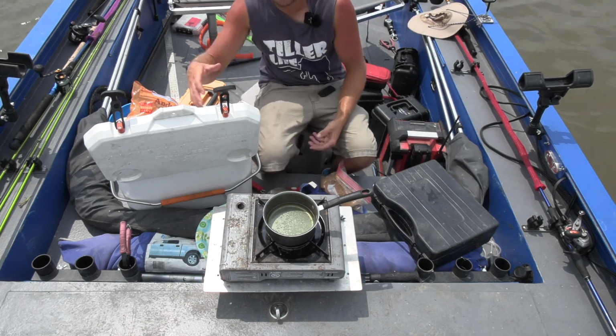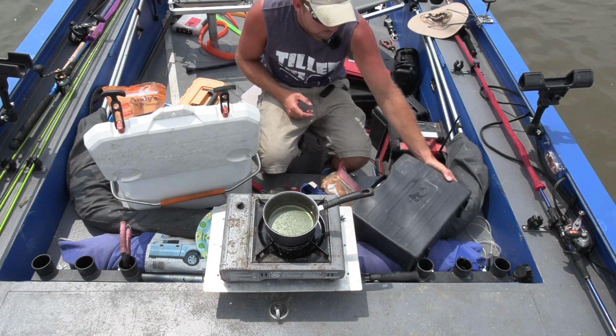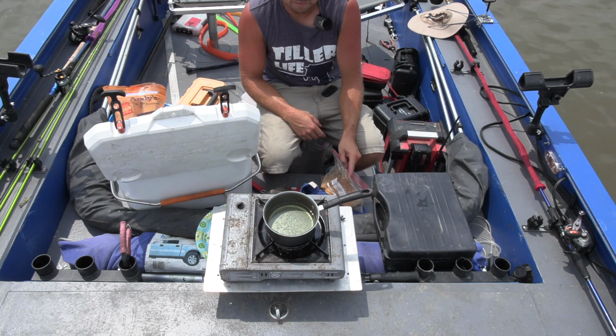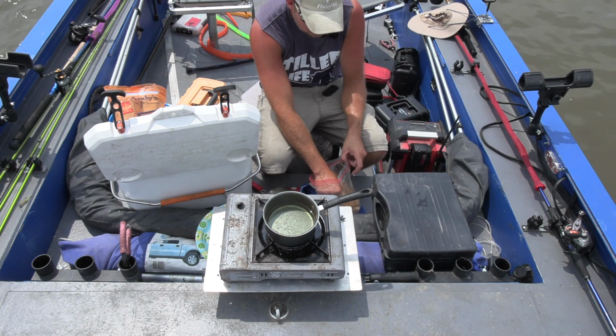So I've got this little cooler here, as you guys can see, and I've got all my cooking stuff in here. Makes it super convenient for in the boat. It's waterproof, everything. You guys have an idea for that. So anyway, well,